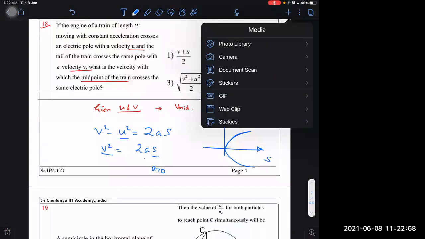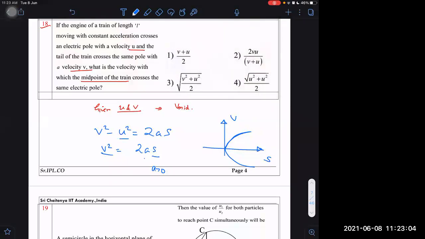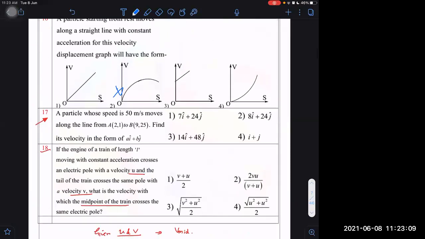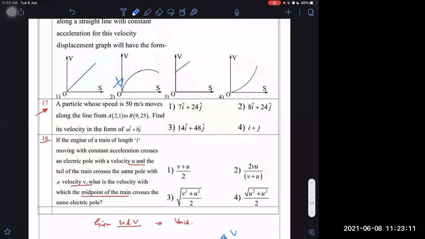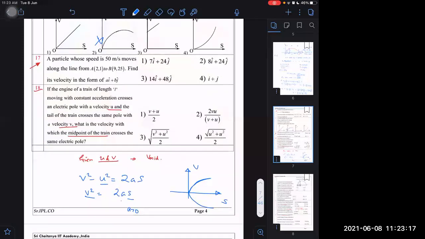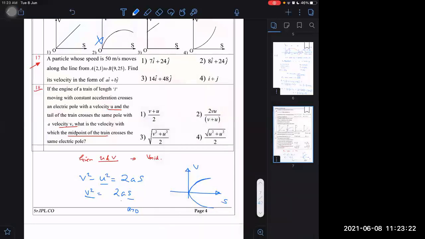Sir, could you please send that PDF, sir? I send. I'm sending daily. Yesterday also I have sent. I will send this also. The PDF I have sent long back only. This PDF of questions that I have already sent long back? You have not got it? It is in the classroom. Okay, sir, I will see. You search it there. Okay.